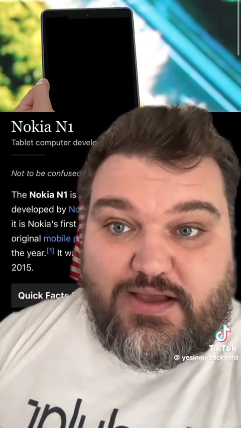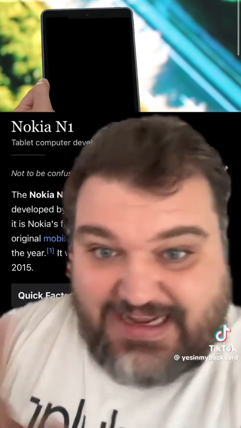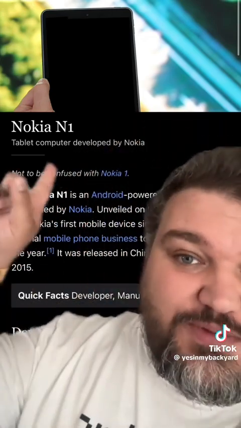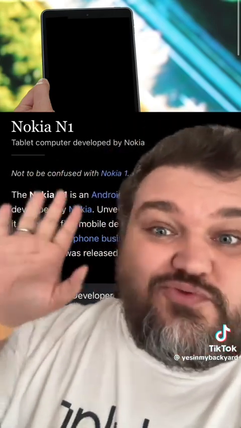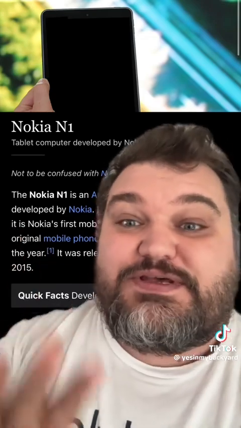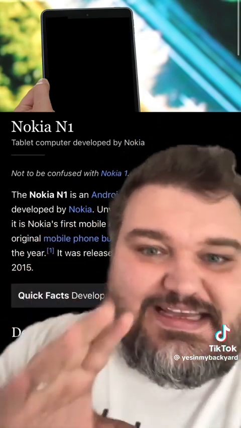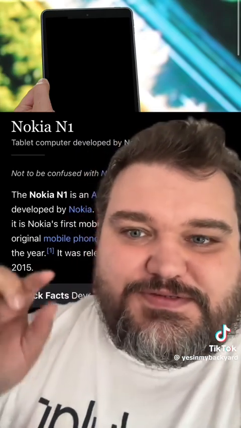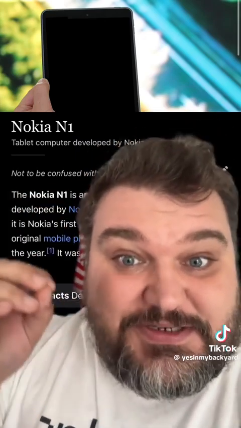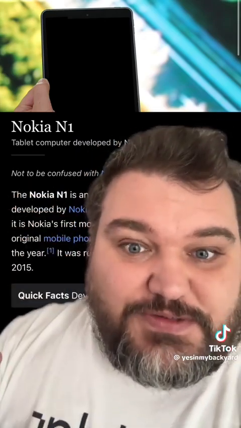The first MacBooks start coming out with it, and it hadn't actually taken off at this point. There was one notable exception. The Nokia N1 had rushed to be the very first device to use USB-C. And even then, it didn't even use USB 3.0, it used USB 2.0. They just swapped the connector from the micro that they were using at the time.